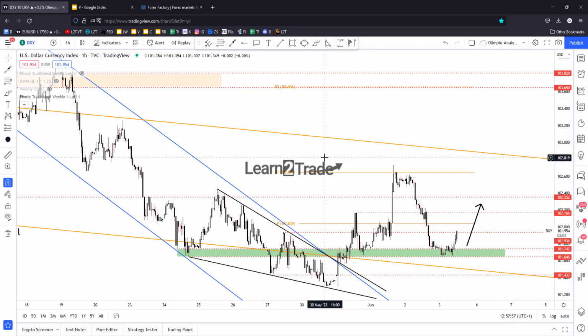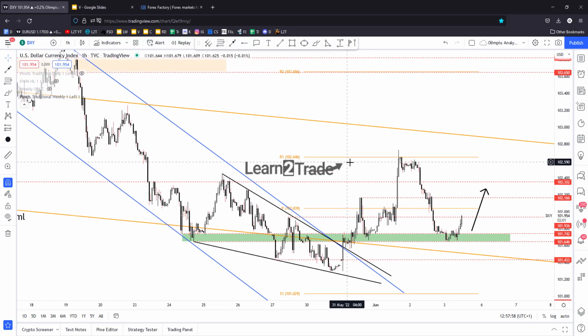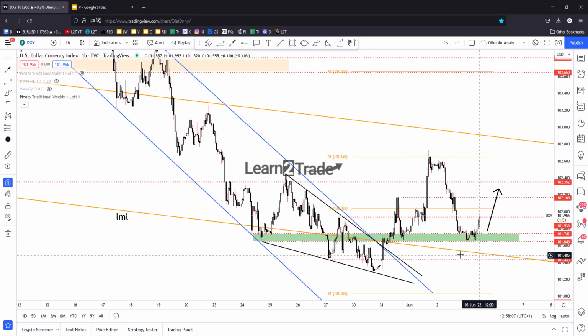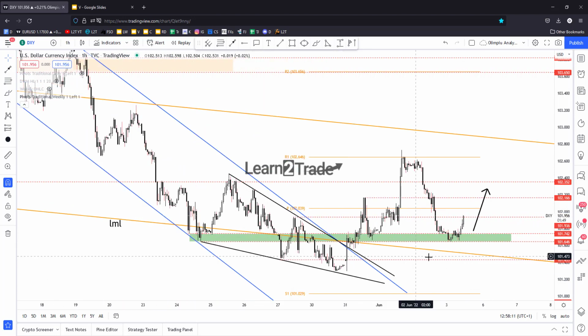In my opinion, worse than expected US data could force the dollar index to drop in the short term. Maybe it could come back down to retest the lower medium line, but also in the short term, maybe the dollar index is